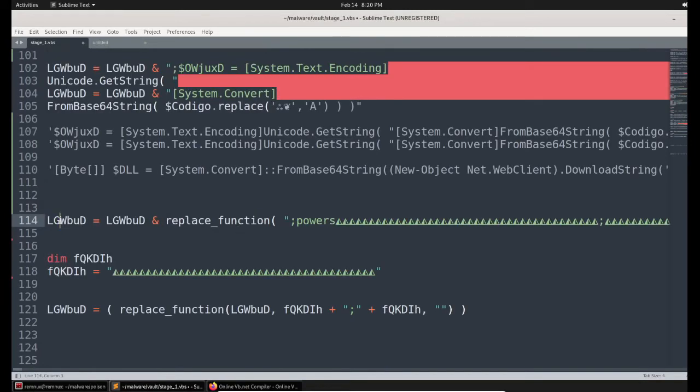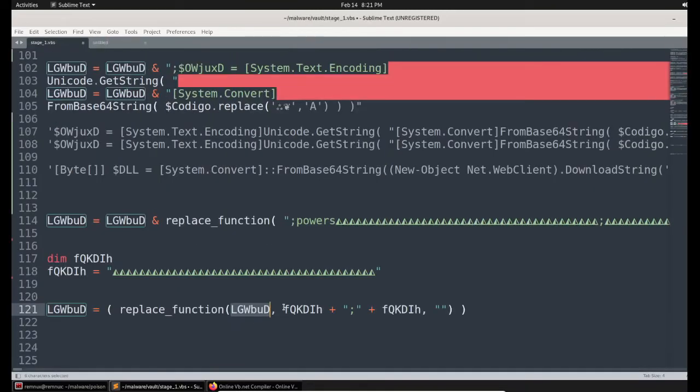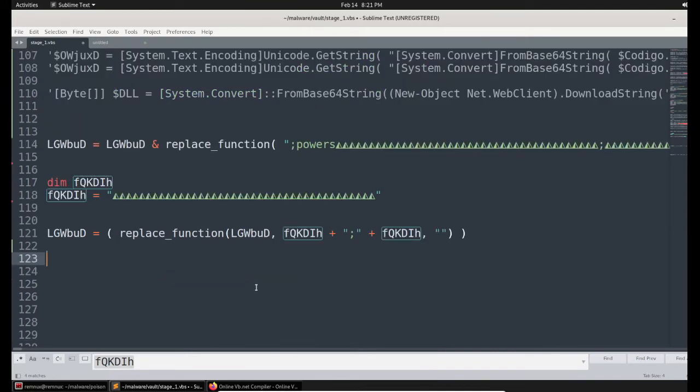We have this whole thing in this variable, and they are again defining one particular variable and mapping that variable with the value of some non-printable characters. So let me copy this. At the bottom of this they are performing some replacement operation on the existing string, and they are writing the output to the same string. So let's do that. They are calling the whole string that is defined here, and this is the second argument. What is the value of this variable? So this is the value of the variable, and let me first of all write this replacement stuff here.